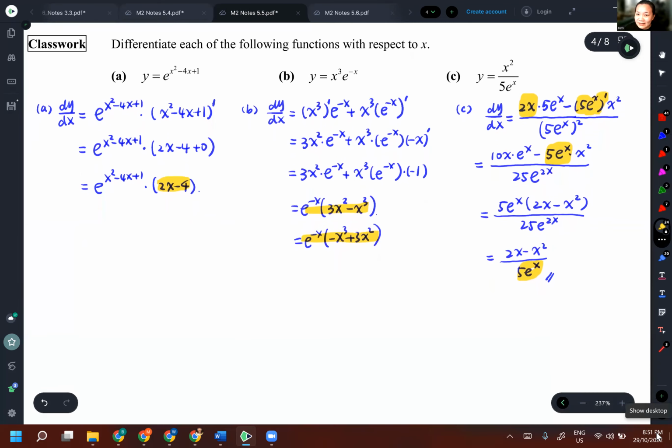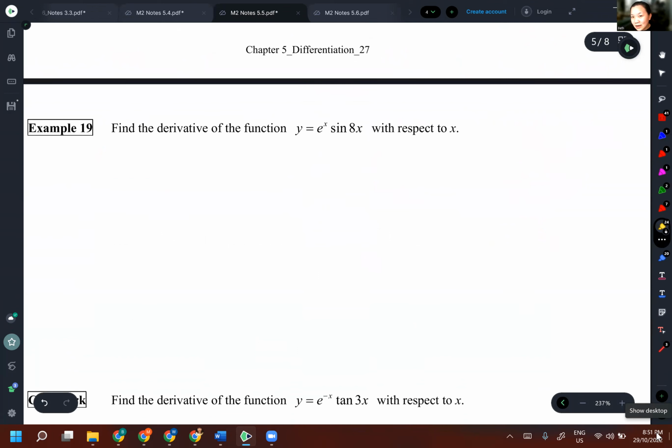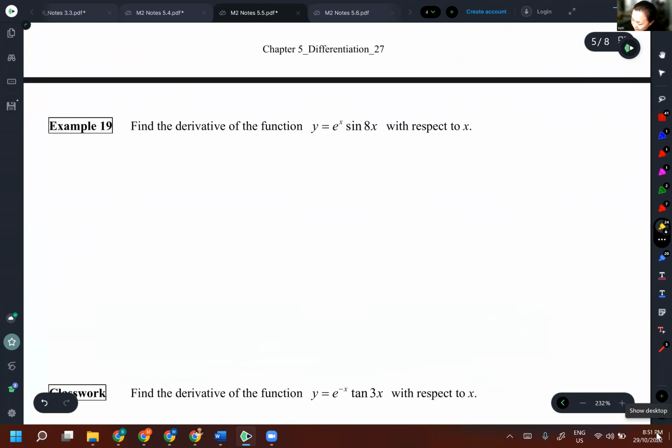Moving on. So I think this part is similar to the sine and cosine. You just learn this one rule and then you apply it in combination with the previous, the already existing rules. It's a mixture of all the rules. Next one. This one is a mixture. Two kinds of functions. e to the power x times sine 8x. dy dx equal